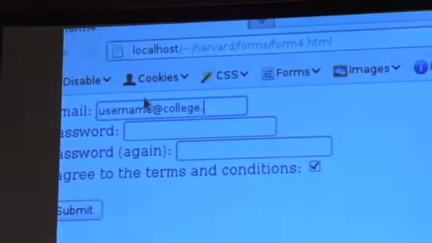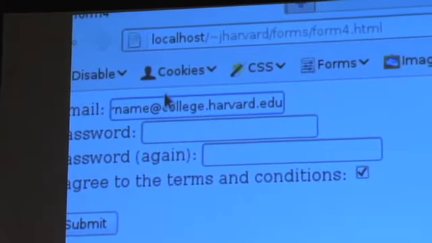But you might find, especially if you're using your college address, has anyone ever gone to a website, tried to register with like username@college.harvard.edu, only to be told that this is an invalid email address? Anyone? This happens to me once in a while. So why is this? It's because some programmer decided that every email address on the internet is of the form something@something.something. They didn't even think about subdomains, which are quite common here at Harvard, at college, at FAS, and the like. So there's nothing more infuriating than, well, if you're really uptight like me, trying to register with a legit email address, and the programmer just hasn't anticipated it.